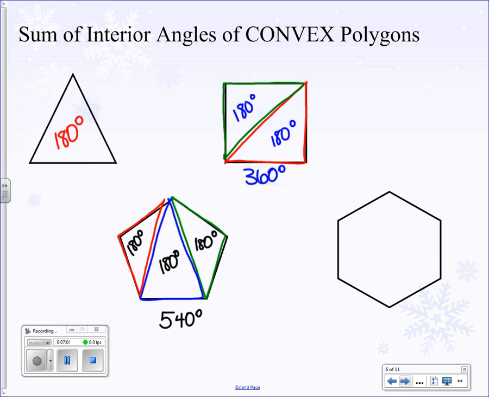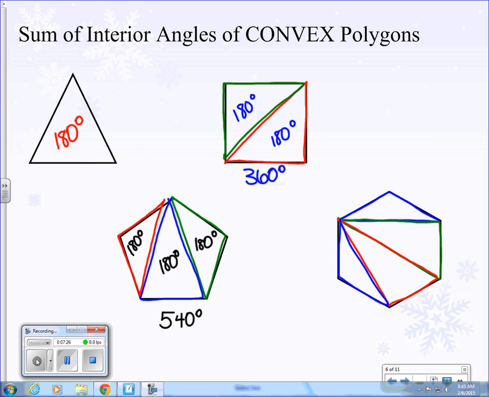Finally, what about a hexagon? So let's go ahead and start with our minimum number of triangles. A triangle here, here, here, and here. Okay, so we've got 4 triangles, each with 180 degrees, meaning that our convex hexagon has a sum of